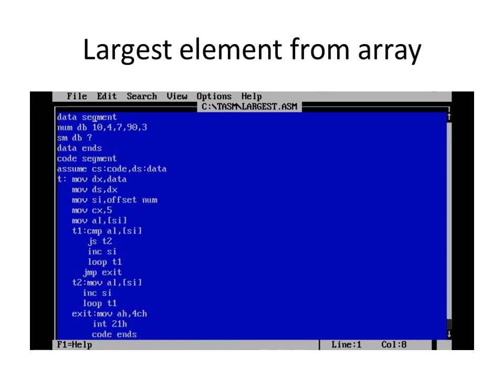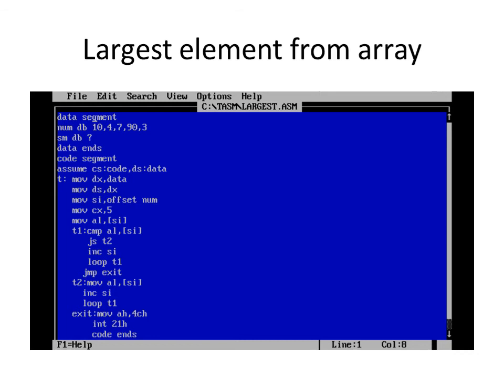The subtraction of the content stored at SI from AL will always be positive. If that subtraction is negative, then the carry flag and sign flag will be set.